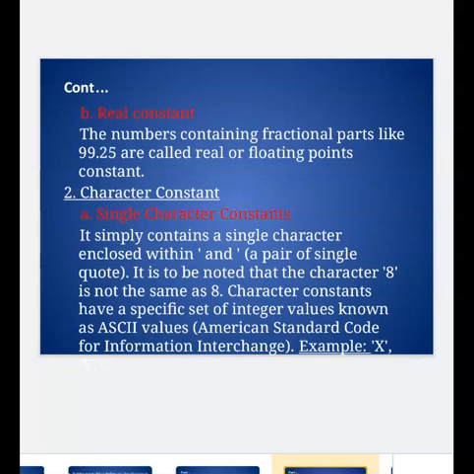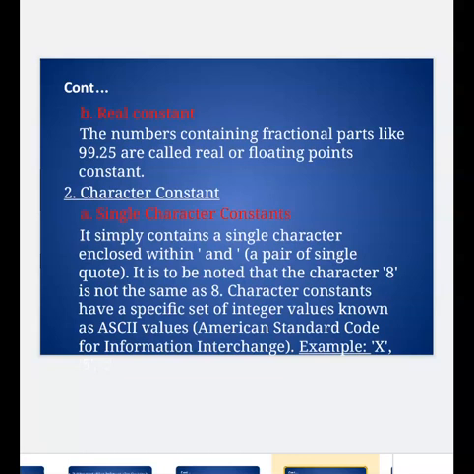Here 8 is represented within a pair of single quotes, so this is totally different from 8. The first one is a character constant, the next one is an integer value. Character constants have a specific set of integer values known as ASCII values. ASCII means American Standard Code for Information Interchange.